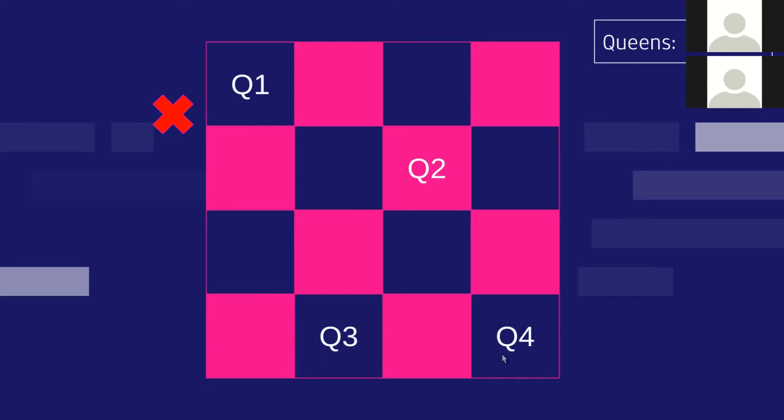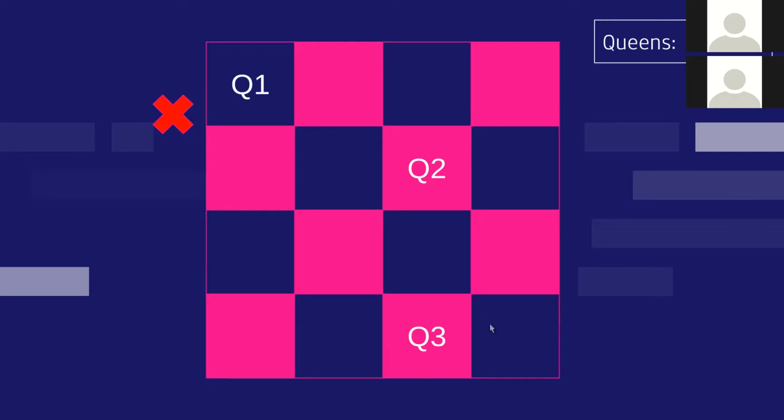So what we do is we change the position of q3, because the last successfully placed queen was q3. We'll try to find another place for q3 and then try to place q4. Okay, so let's try that. We'll remove q4 now and we'll try to shift q3 to a different place.